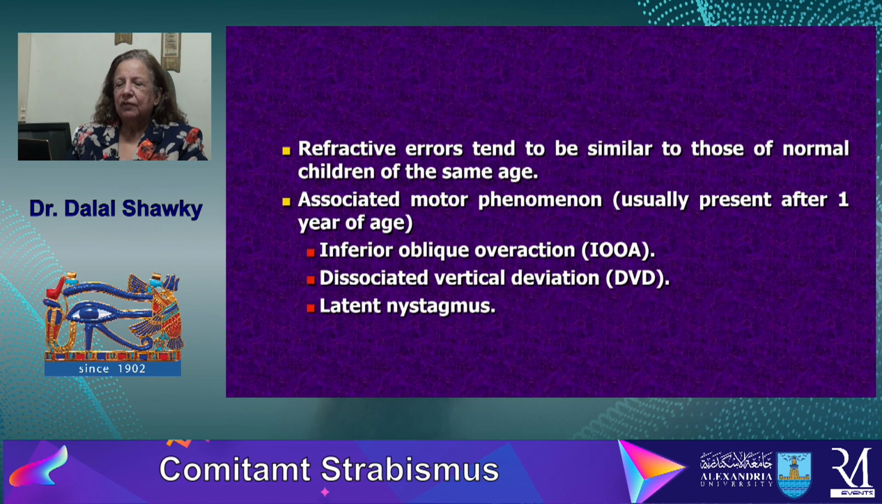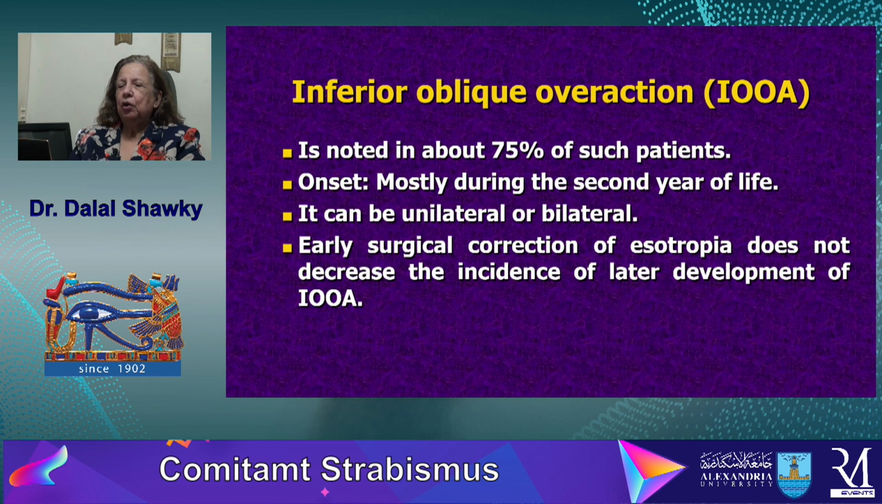The refractive errors of these cases tend to be similar to those of normal children of the same age. Also, might be associated motor phenomena, usually present after 1 year of age. These abnormal motor phenomena include either inferior oblique overaction, dissociated vertical deviation, or latent nystagmus. The inferior oblique overaction is noted in about 70% of patients, mostly occurring during the second year of life. It can be unilateral